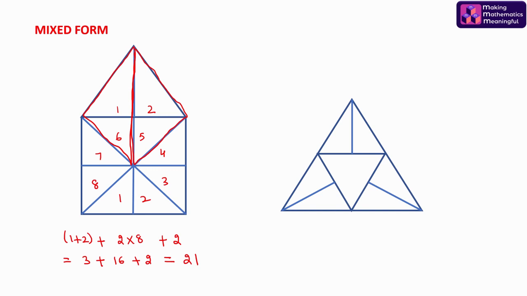What about this case? Now it's again a mixture of 2 different things. This is your 4, the smaller one will give 4 plus 1, and then in this case this triangle is already counted, so we are left with 1, 2, 3, 4, 5, 6 other triangles, which will total to 11 triangles.